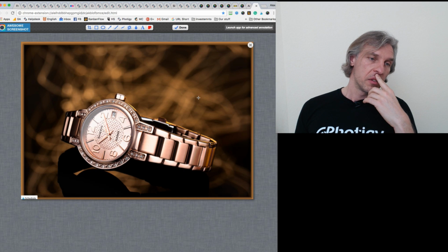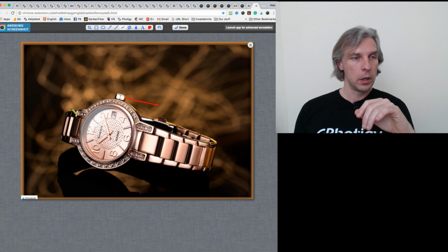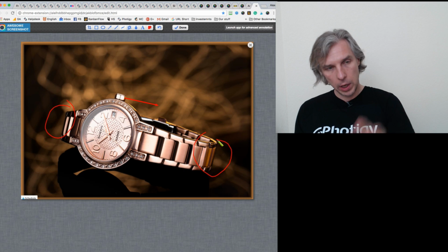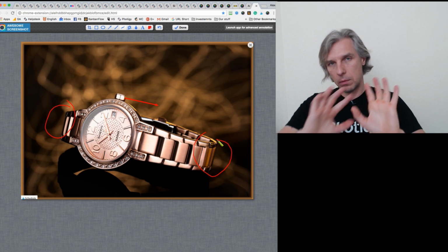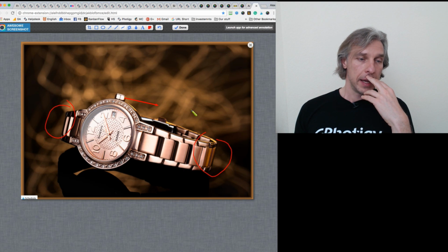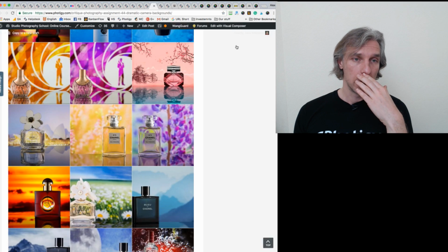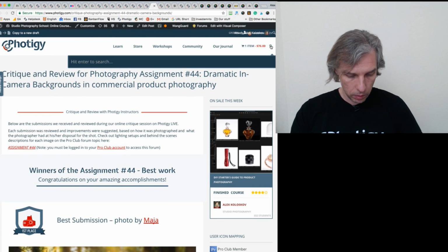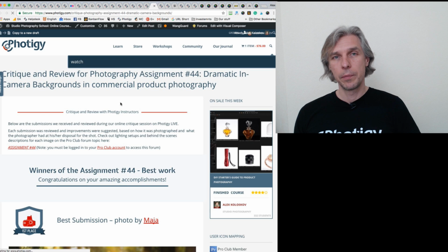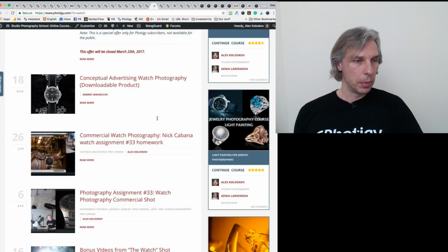First of all, I would rotate them a little bit, so we see a little bit more over here and a little bit less over here. I think it's way too much rotated to the left. Then we have a similar watch on Pro Club. We're shooting it. Again, if you search watch, we have several tutorials, and actually it was a cool sale on this. Yeah, it's a secret sale, but basically